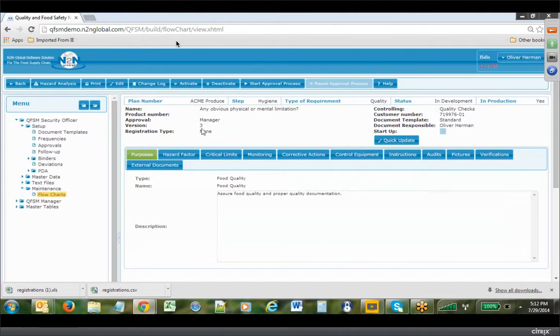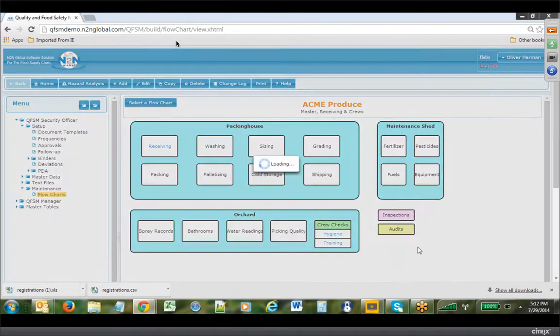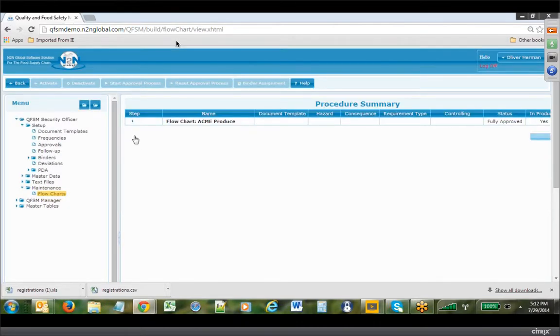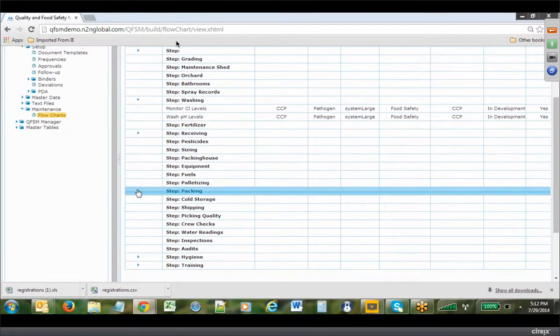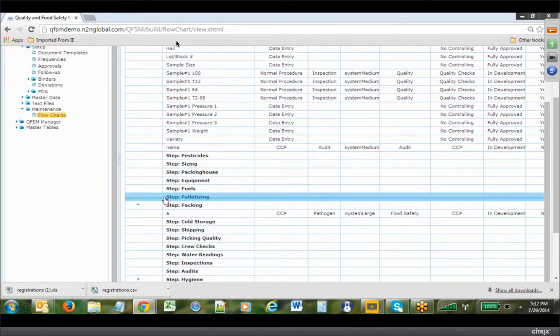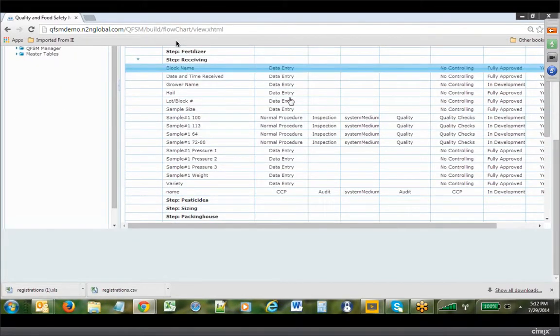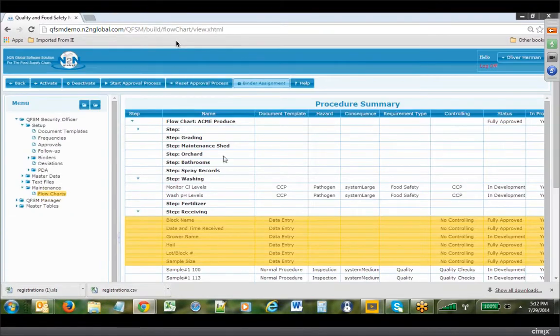So those are approvals, and you can start these processes individually from each of these tasks, or you can go back to the flow chart, and if you had a lot of them to do, you could open them up and then you just select the ones that you wanted to fully approve. And again, you've got the same set of buttons up at the top. So in the approval process,